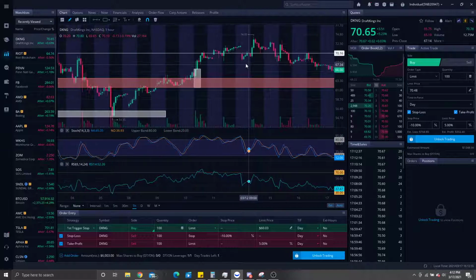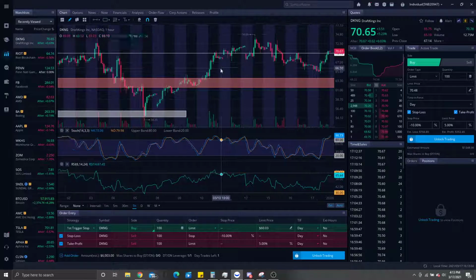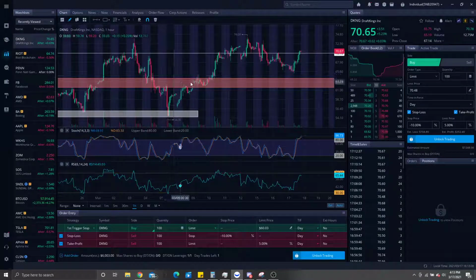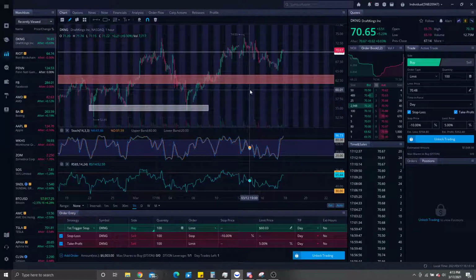But 1, 2, 3. So for options, I just want to take a minute and talk about this. If you are trading options, I do recommend short-term options, weekly-ish. I recommend taking these trades off of the 1 hour chart, which is what I do when I'm trading options. Because that being said,